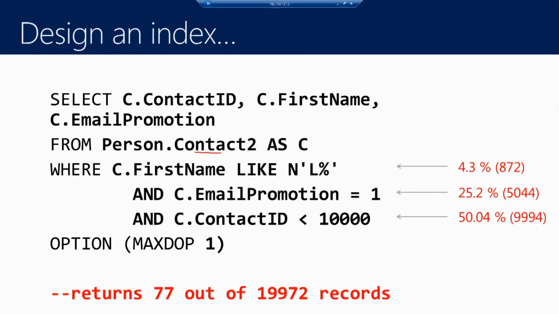There could be a lot of options here, but it's relatively easy because we already have a clustered index on contact ID. And I'm sure all of you know that every non-clustered index contains the clustering key value. True or false? Yeah. Every non-clustered index contains, by default, the clustering key value because of the pointer. So you're only left with email promotion and first name,